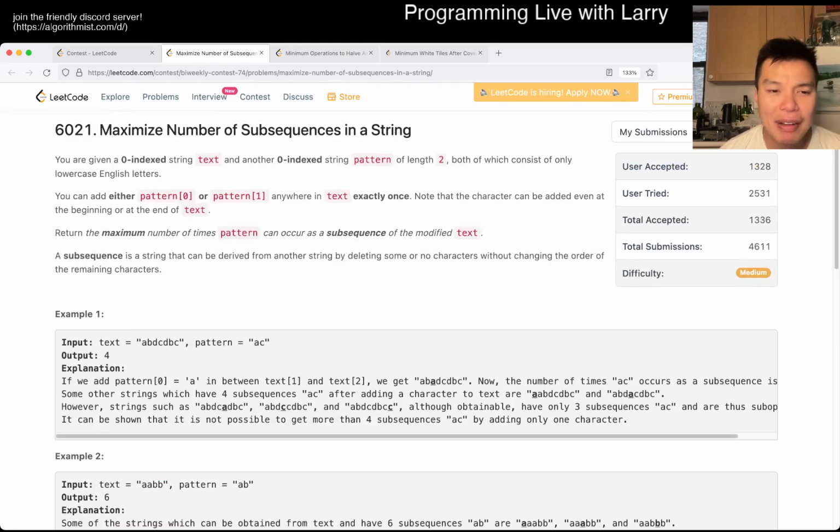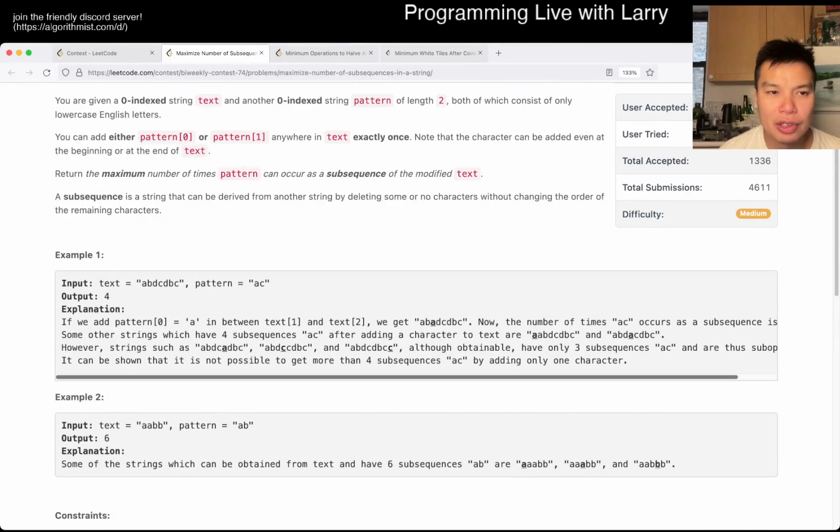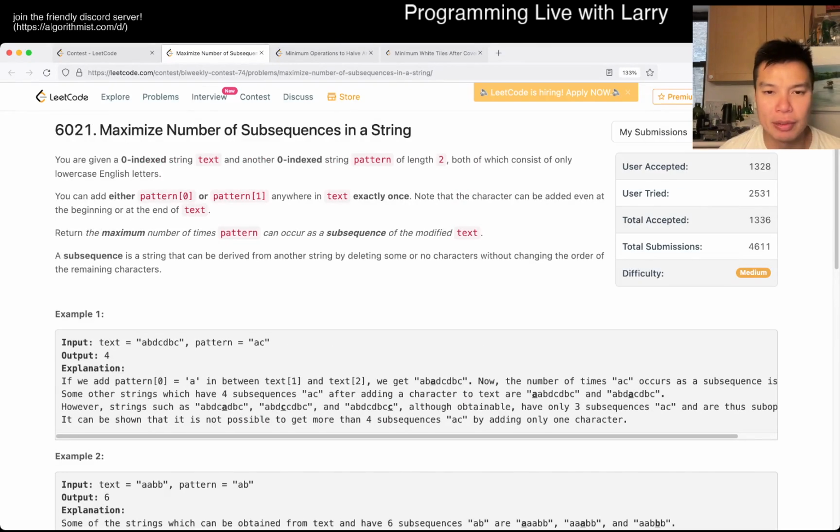Anyway, I think the couple of observations you should make about this problem. The first one is that if the character's not in the pattern, then you could get rid of it. It doesn't matter. It also doesn't matter even if you keep it, if you write it in a different way. But the way that I wrote it, my first observation is that it doesn't matter. So then you distill it into the characters that are in the pattern. And then from that, the number of subsequences, of course, is